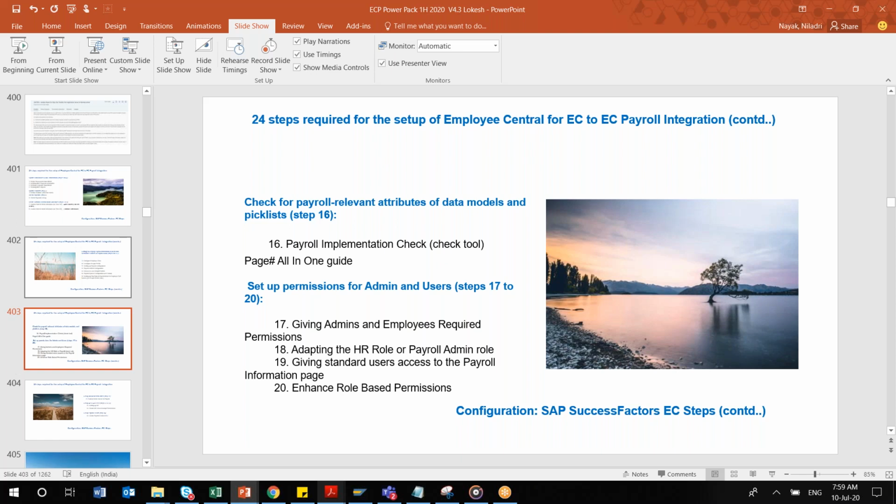Previously it was with SAP, but as the number of incidents increased, SAP has given this tool to us, to consultants as well, so that we can check ourselves what configuration is missing. Is it otherwise available in the Learning Hub or not? Learning Hub means the simulation part.